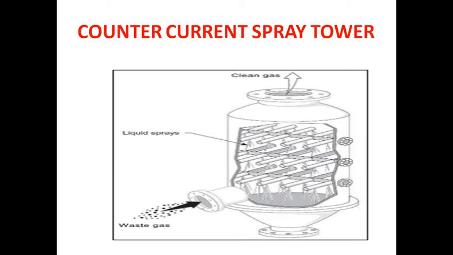Another problem occurring in spray tower: after the droplets have fallen a short distance, they hit the wall of the tower. The total liquid surface area for contact is reduced. So what about the collection efficiency? Collection efficiency is also reduced. Collection efficiency depends upon the liquid surface area. Once the total liquid surface area is reduced, automatically the collection efficiency of the scrubber is also reduced. Are you clear or not? Okay, this is the information about counter current spray tower.